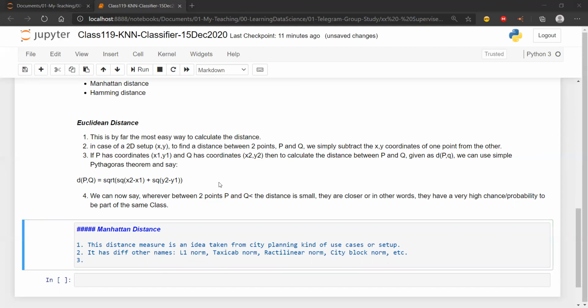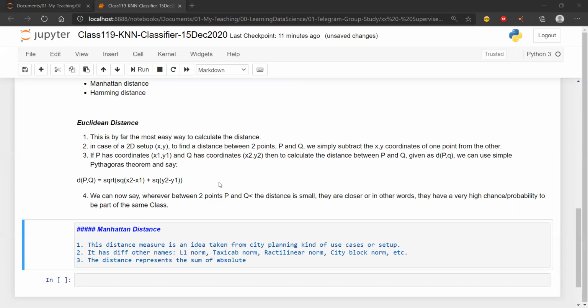The distance represents the sum of absolute differences. Now, this is the main difference between Manhattan and the Euclidean distance. Here we are not going to take the square. We are not going to rely on the Pythagoras theorem.